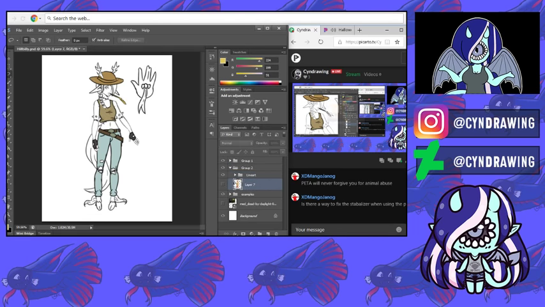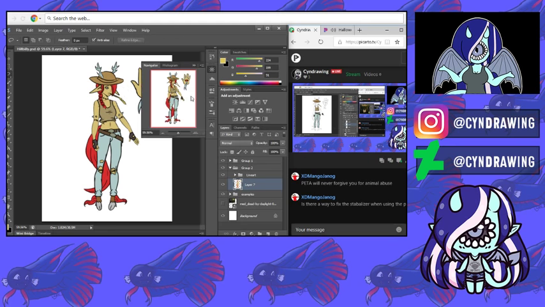Right there, and then bring back the color down. Okay, so I could see that it's clashing a little bit with the hat and her shirt. So, I'm going to grab that shirt, go back to the color layer of the